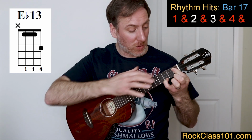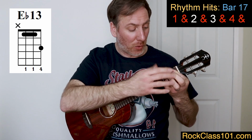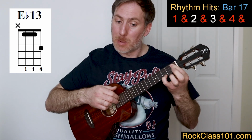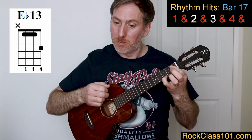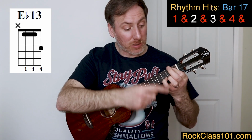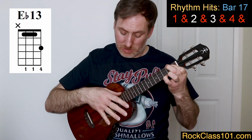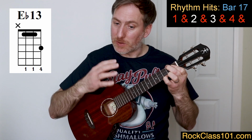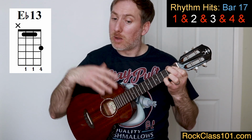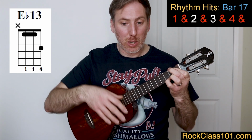We don't need the G as part of this bar. We're going to bring the G into play in a moment, but we'll use a different finger for it. So just these two strings together, play that double stop on beat 1, and then on the and after beat 1, keep everything else held. We're going to add this finger now onto the G string, 2nd fret, pick that with the thumb, that's the and after beat 1, then let that ring over beat 2,